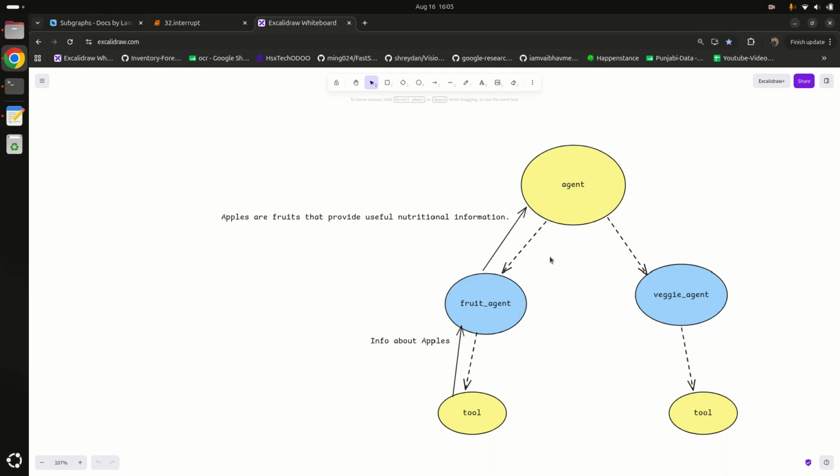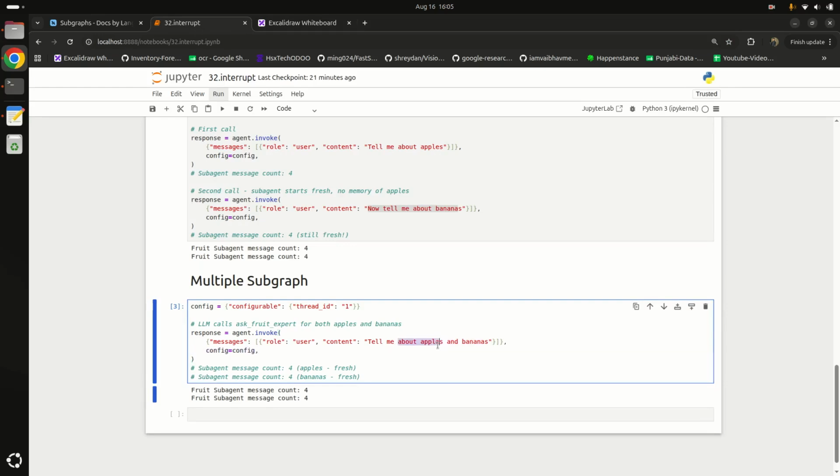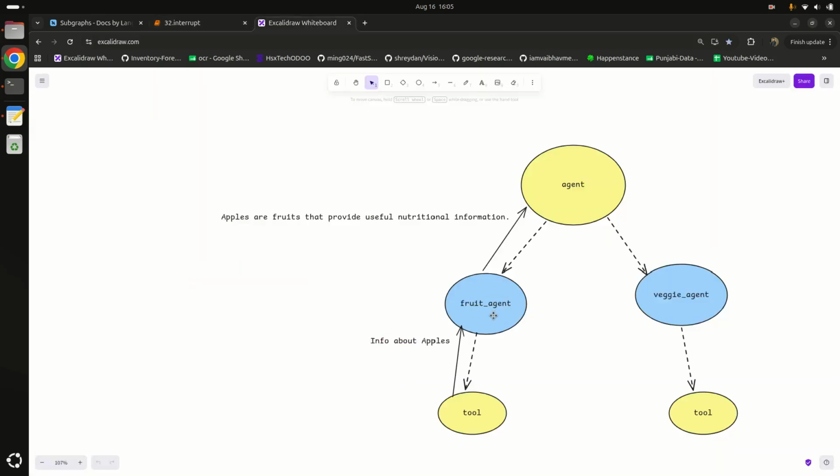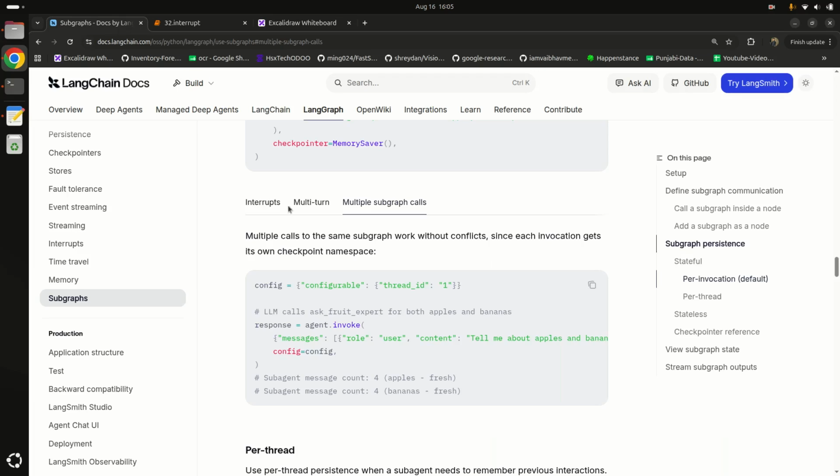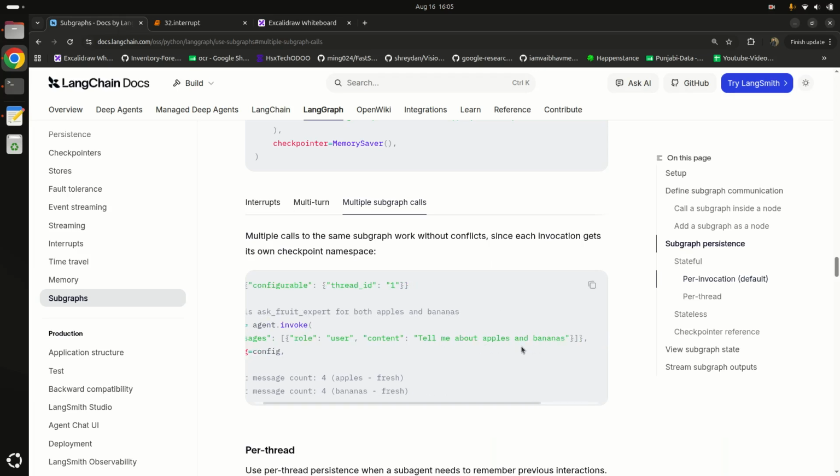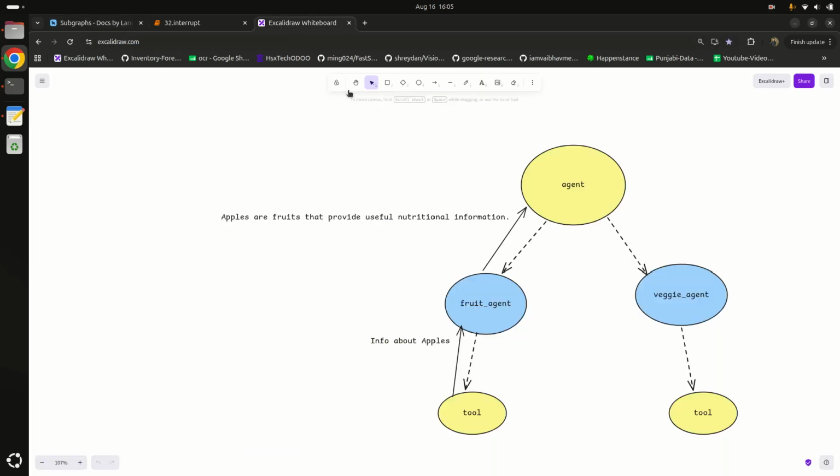This main agent will invoke this fruit agent and it will ask about apples only. It will ask tell me about apples. This fruit agent calls the tool, and in the tool it passes apple and returns that response to our agent. Then this main agent again calls this fruit agent with a different question. This time it will ask tell me about bananas. So our main agent will invoke this fruit subagent two times.